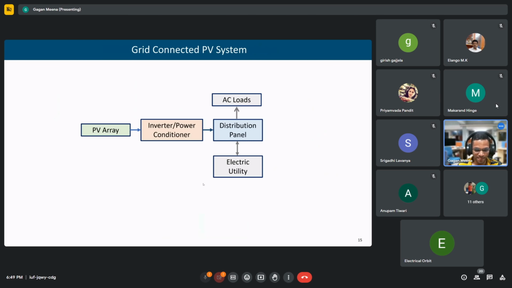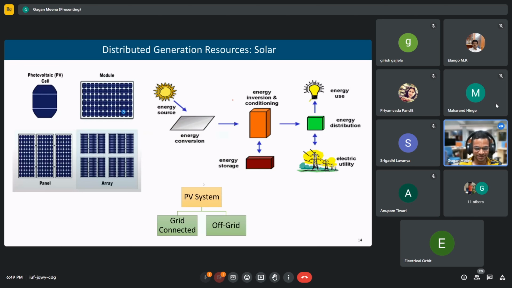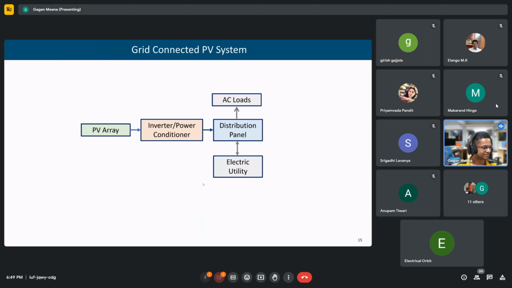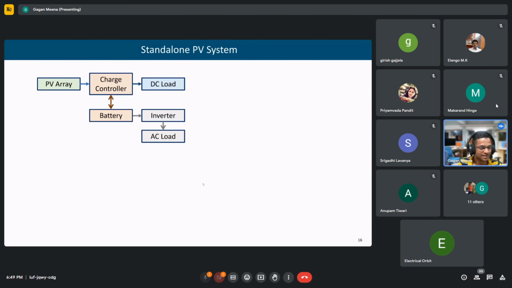So this is for a grid connected PV system. We have a PV array, then an inverter or power conditioner, and it goes to the panel, and then it can feed the AC loads, and the remaining power can also be fed to the electric utility. When solar is not available, the loads can be fed using power from the utility. Similarly, we have a standalone system. For this, even if the grid is not present,